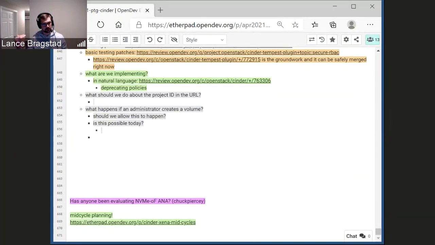So then the advantages and disadvantages of each. The first approach with the explicit role assignments leaves a very verbose audit trail, which can be nice, but it's also extremely chatty. You're doing a lot of operations in Keystone just for people to be able to do things with one volume in Cinder. So that's going to increase the amount of time that people have to wait just to create a volume or reboot a server.